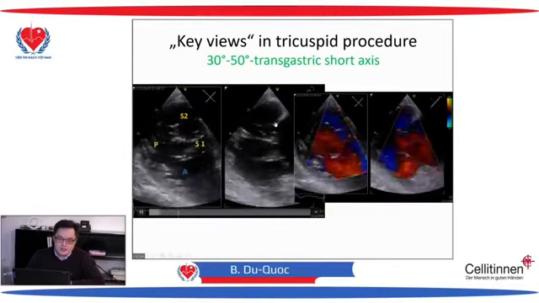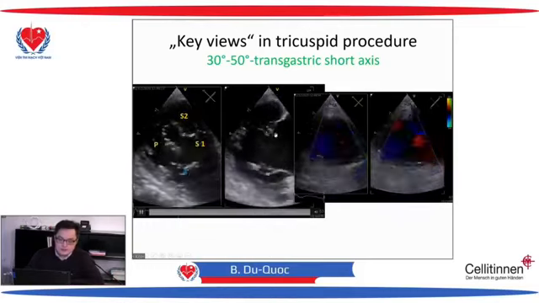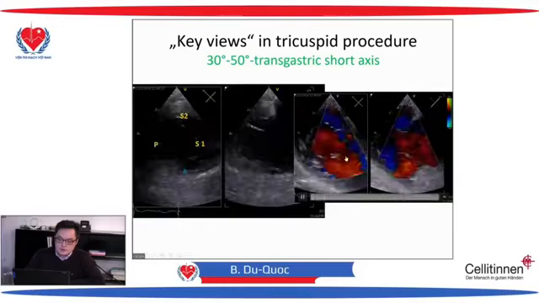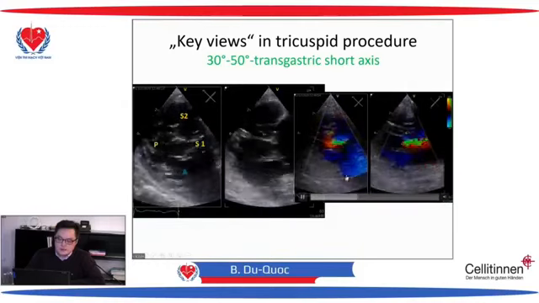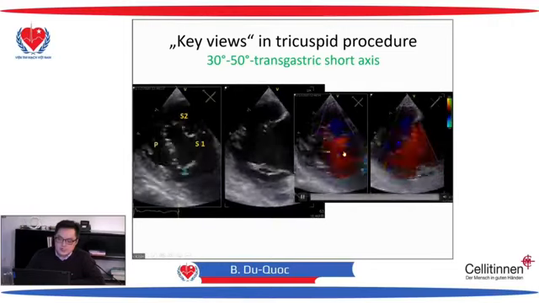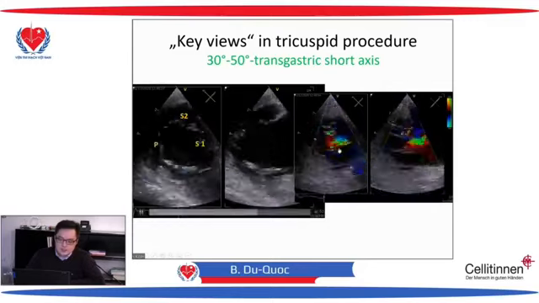Yes, with the biplane you can check whether you are in plane, whether you are parallel to the tricuspid annulus. And if you do the color Doppler inside, you see nicely where the regurgitation is, and you see here, this is the regurgitation